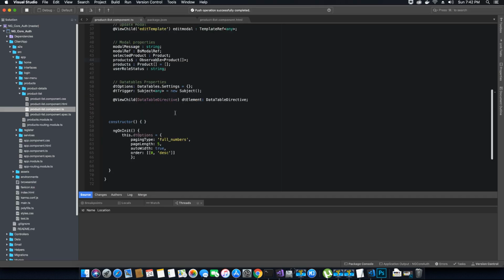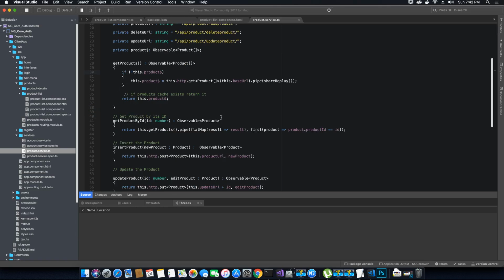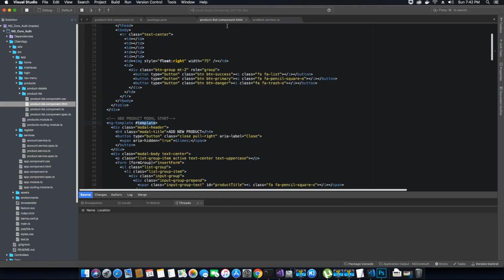So which method in product service returns that array? So let's go back to our services folder and go to the product.service.ts. Now, if you look at this product.service.ts, you will see that the getProducts method inside the product service returns an observable type of product array. So we will call this method and then assign the value that is returned to our product list component ts property,